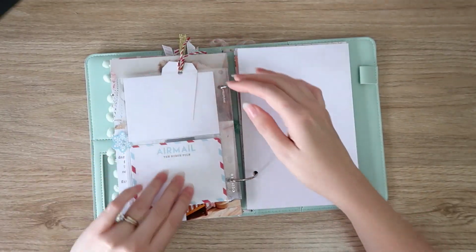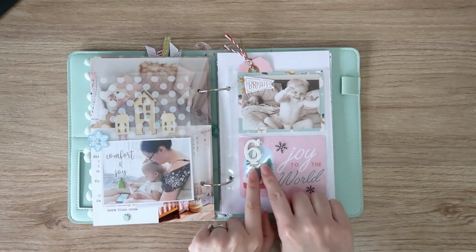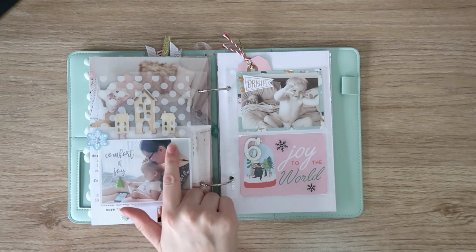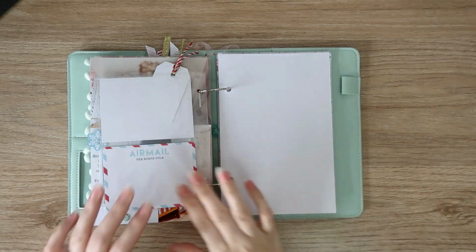Okay, so I'm going to go straight into days 17 and 18 while I'm at it, because this ended up being really quick. I'm just going to pop these numbers on here because I forgot, and I'll probably put some puffies or something over this side. So I'll finish that page off, but I just wanted to quickly go over what I'm planning on doing on